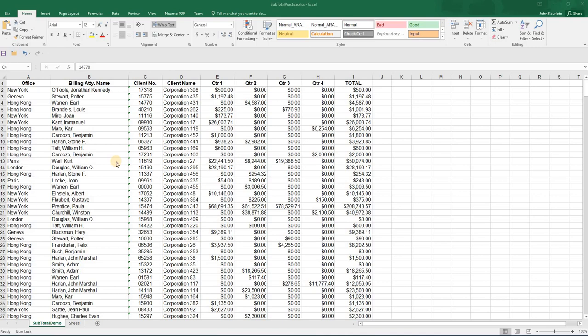In this video, we're going to take a look at the subtotal feature or function available in Excel. It's one of the ways that you can slice and dice any kind of data. It's a basic way to do that. You can investigate the information that you have. So here we have a spreadsheet with office, etc., and we would like to subtotal each office by the total